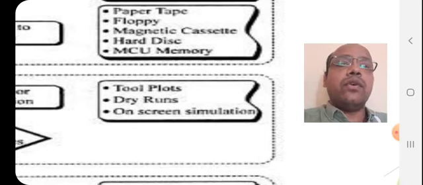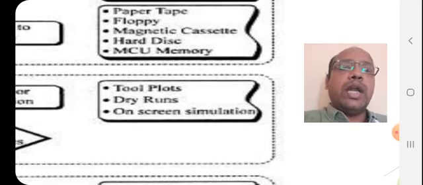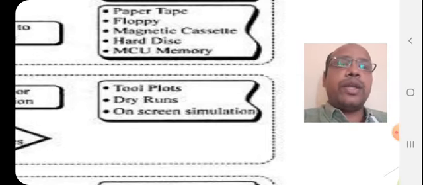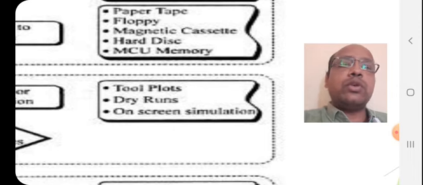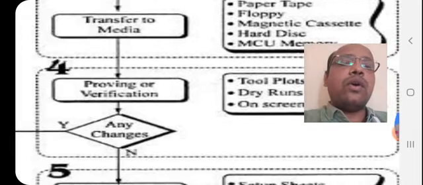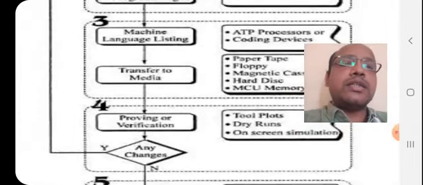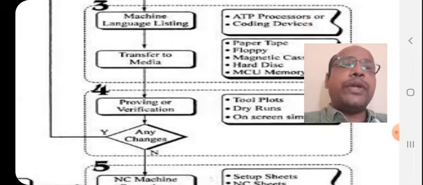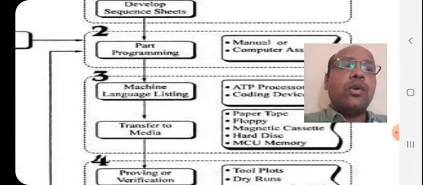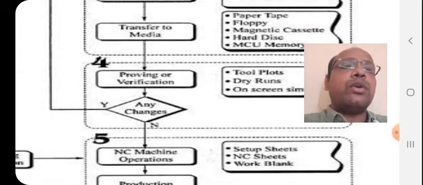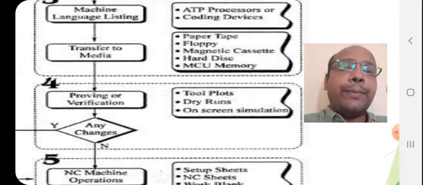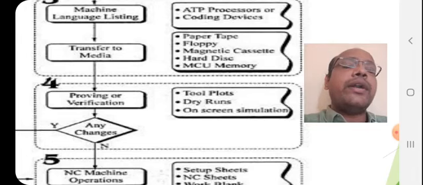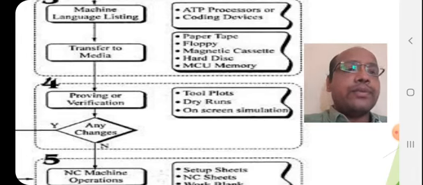You are just taking a checkup of your part program. If you observe a problem in the movement of the tool, that the movement is not as per the program, then you have to make corresponding changes in the part program. So once again you are jumping to step number 2 from step number 4. In this way, a prepared tape is verified by doing dry runs.